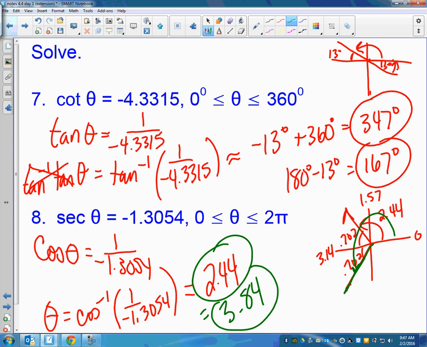I just added pi plus 0.702. Did you add the three numbers up and get a different answer? Because I rounded. Okay, because I did the reference angle. Right? If this is 2.44,